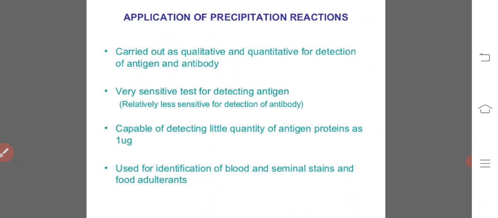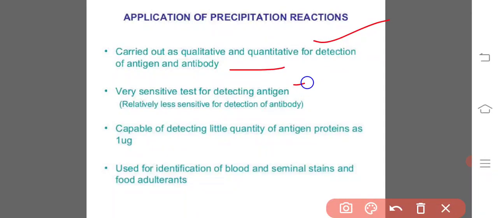And coming to the applications of precipitation reactions. They can be carried out as qualitative and quantitative tests for detection of antigen and antibody. It is a very sensitive test for detecting antigens, relatively less sensitive for detection of antibody. It is capable of detecting as little as 1 microgram of antigen protein. And it is used for identification of blood and seminal stains and food adulterants. These are the applications of